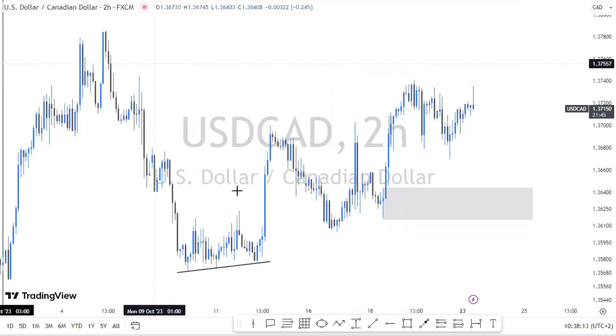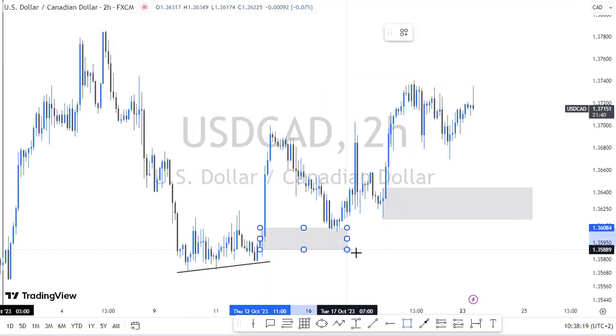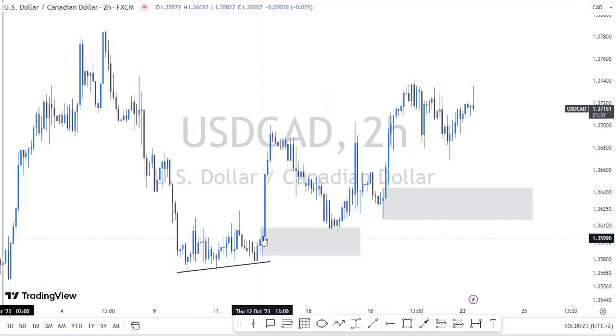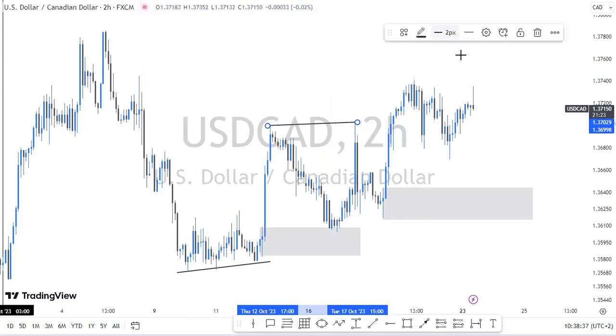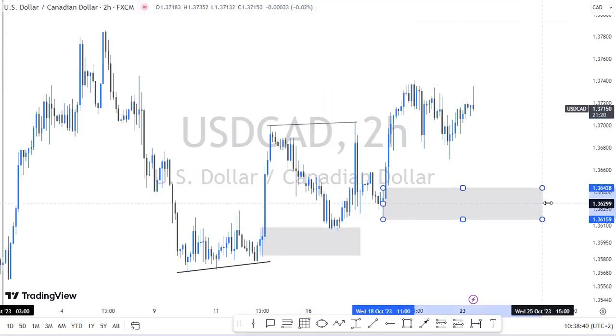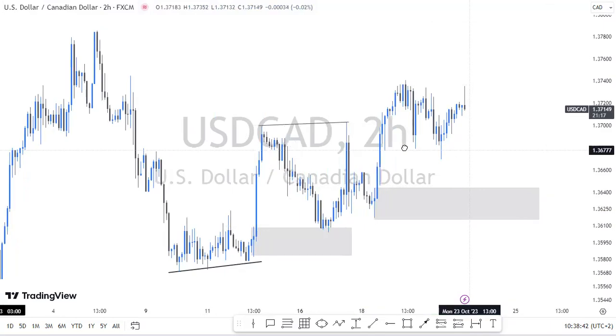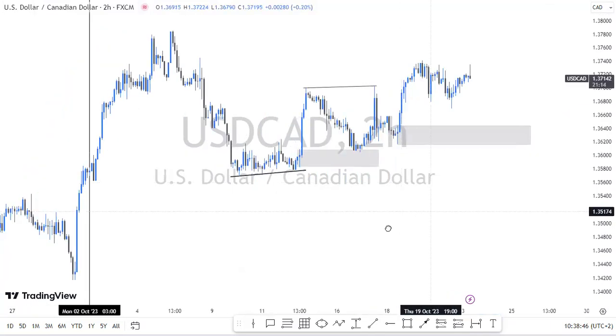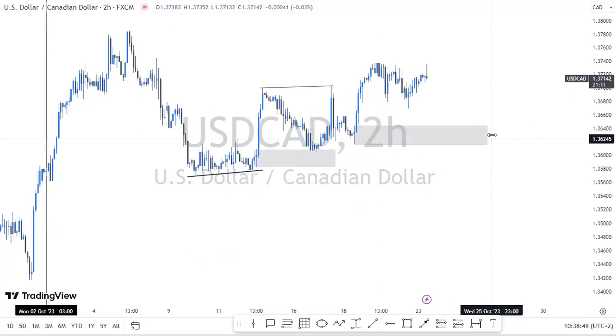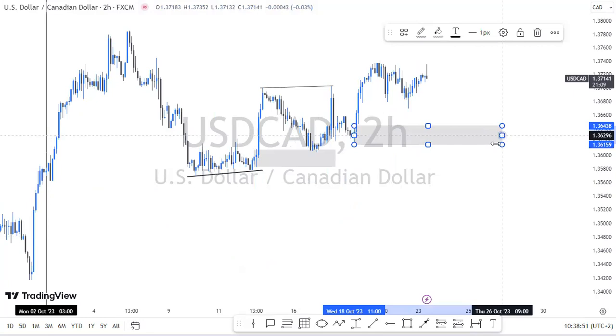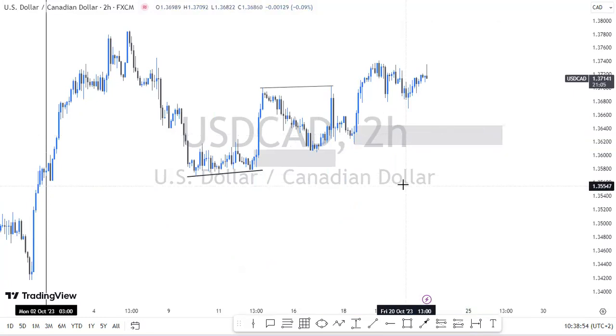I'm just going to delete that zone there. We also had this doji-like candlestick, which was a catalyst to this upward move, which in a way broke structure but created liquidity, which was taken out very quickly. Today is Monday, the 23rd of October, so this video should be uploaded today. I don't want to waste too much time, so you guys don't get your info late.